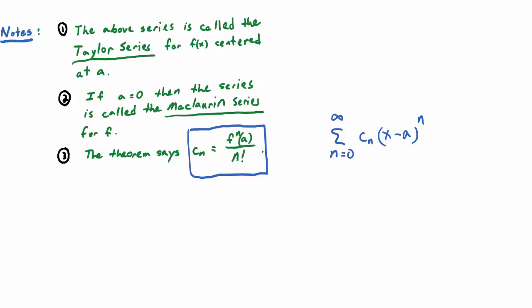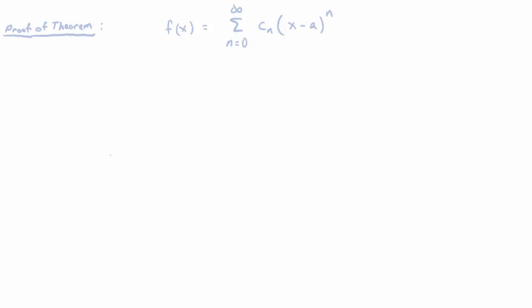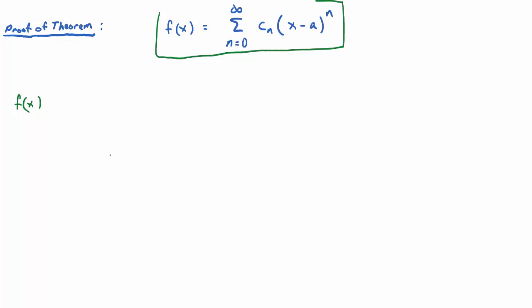Okay, let's prove it. f of x, write it out longhand. What does this formula say f of x is if you write it out longhand? The first term is c sub 0 plus, what's the next term? c sub 1 times x minus a plus c sub 2 times, well, there you go, plus,